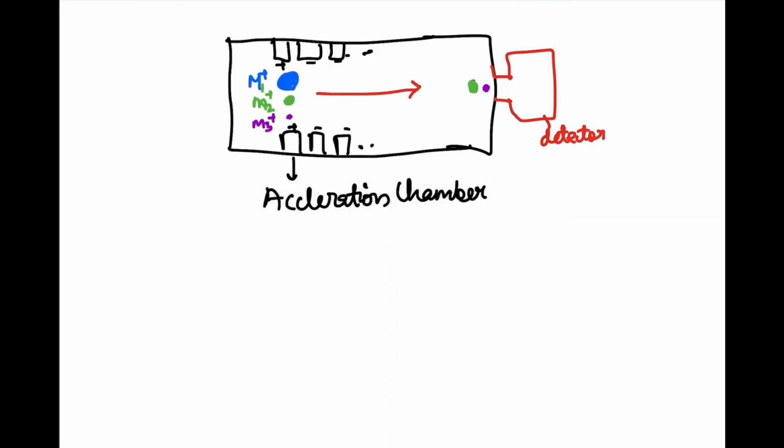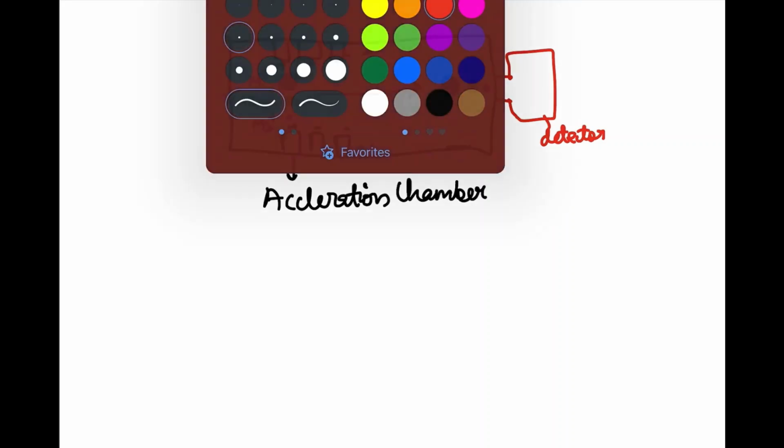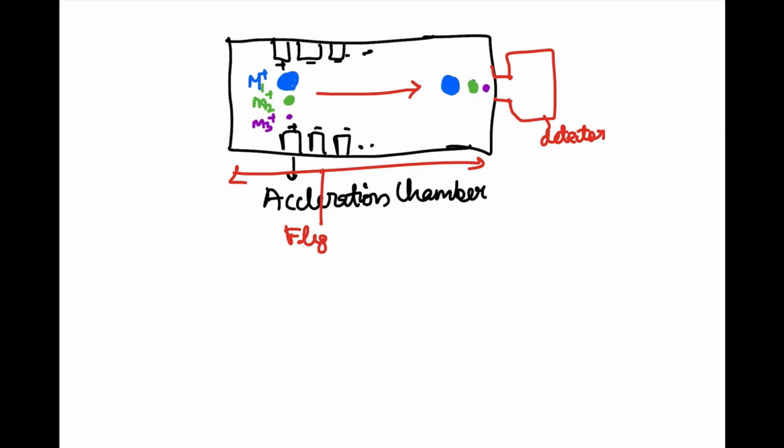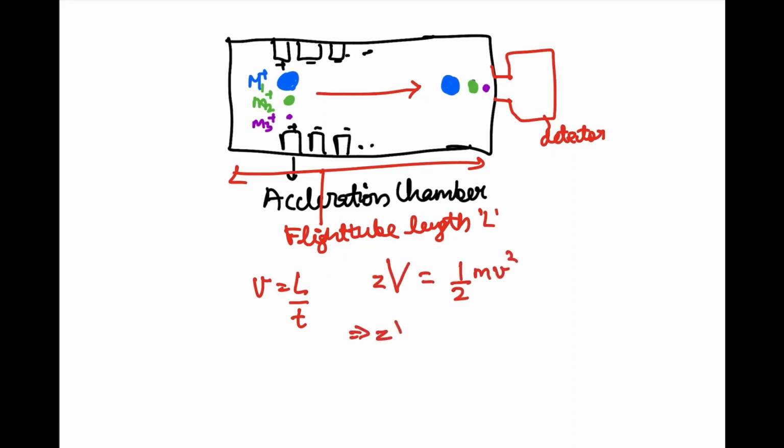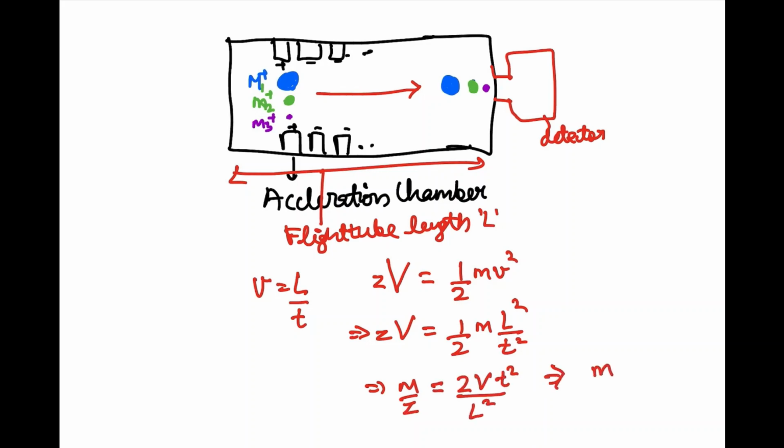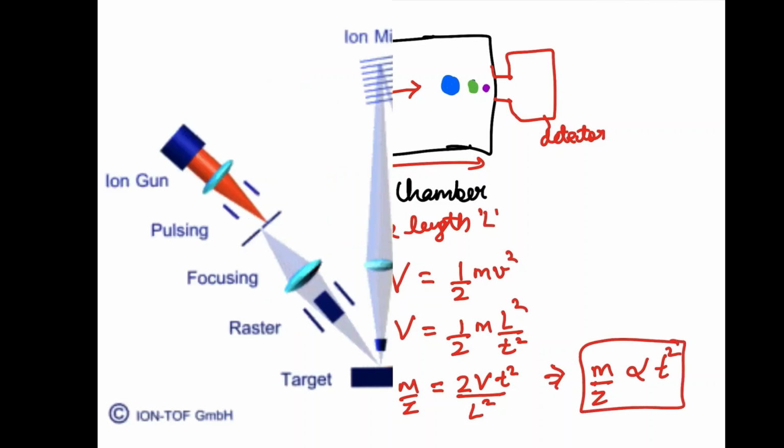allowing for effective mass separation and analysis. If the length of the flight tube is given by capital L, then the velocity of species small v will be equal to capital L by time t. By conservation of energy, kinetic energy is equal to potential energy. The potential energy is given by charge z times the acceleration potential capital V, and that will be equal to half mv square. On substituting the earlier relation, we finally get the relation m over z is proportional to time square. By measuring the time of flight, we can now get information about m by z value and get a